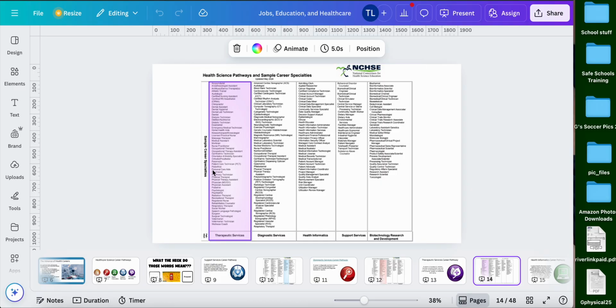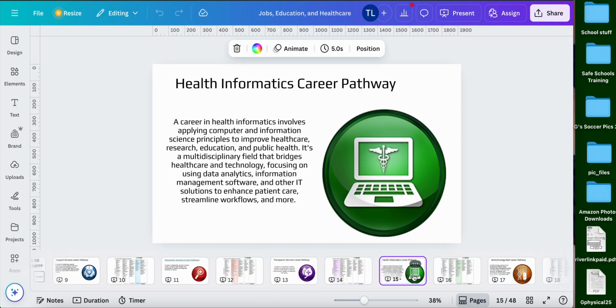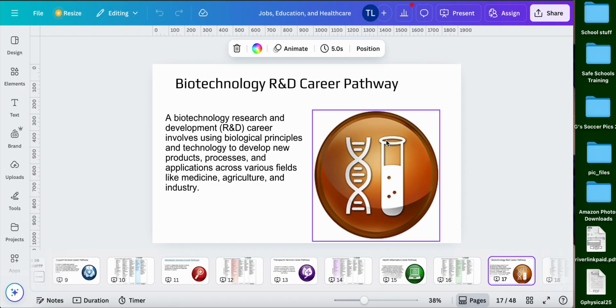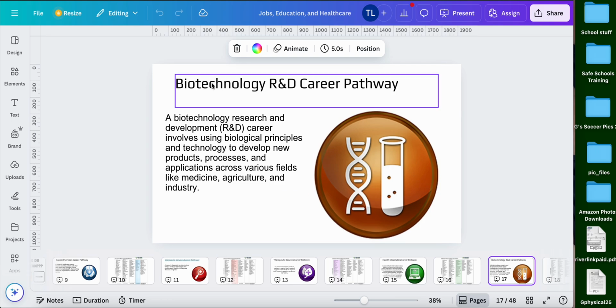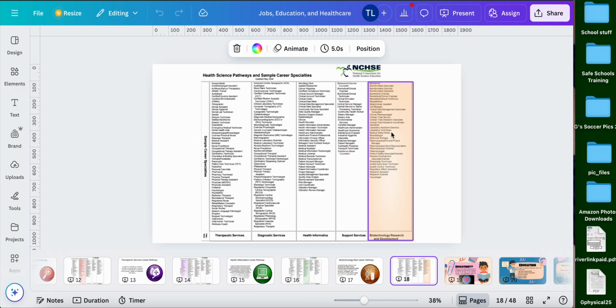You're looking at this list of jobs, therapeutic services. See a pattern here? Health informatics. You're matching symbol and name to the name here and the highlight, and these are the jobs that you can choose from. Last but not least, the biotechnology pathway, and these, excuse me, are the jobs that you can choose